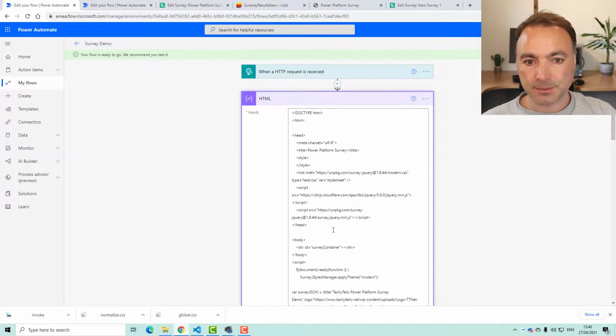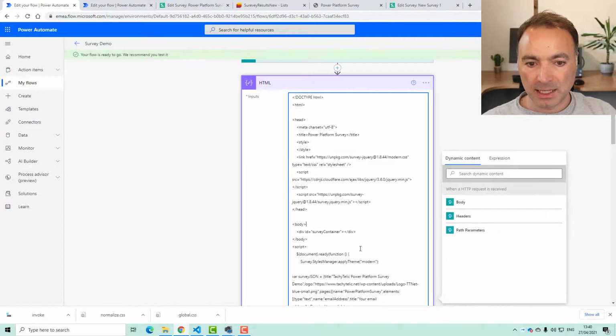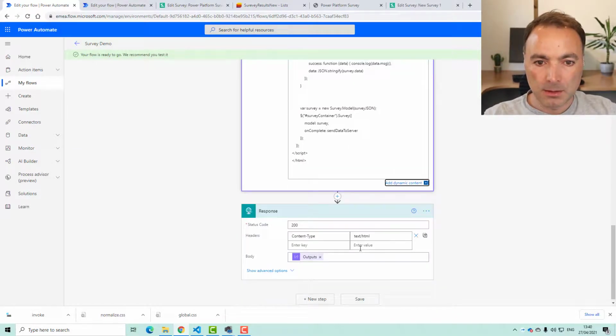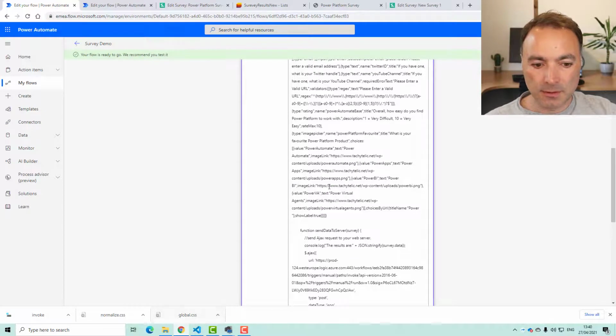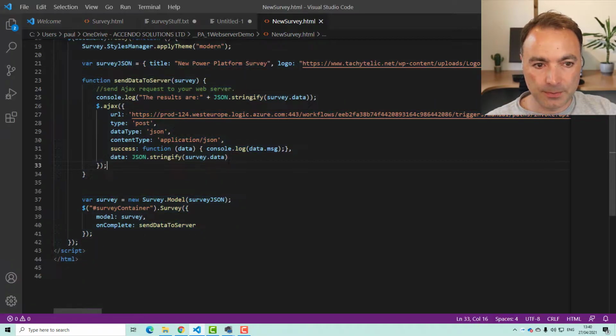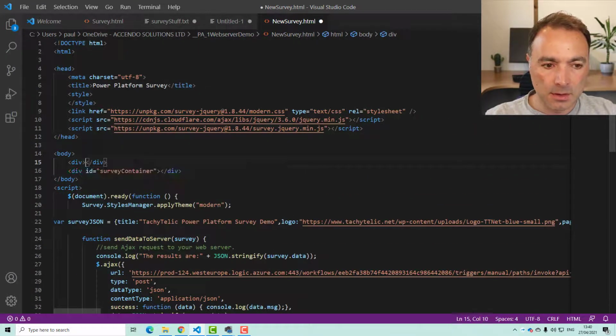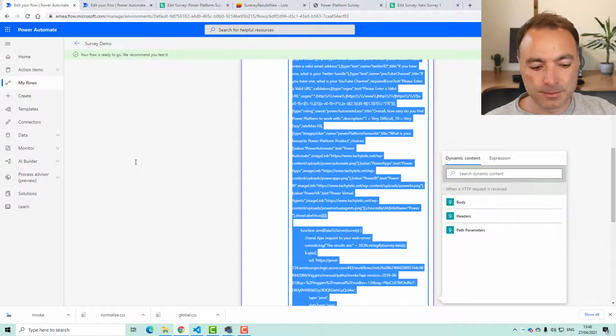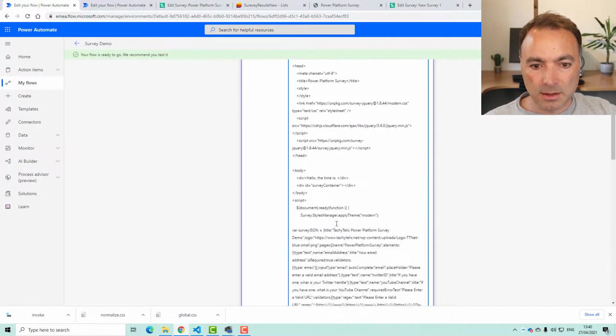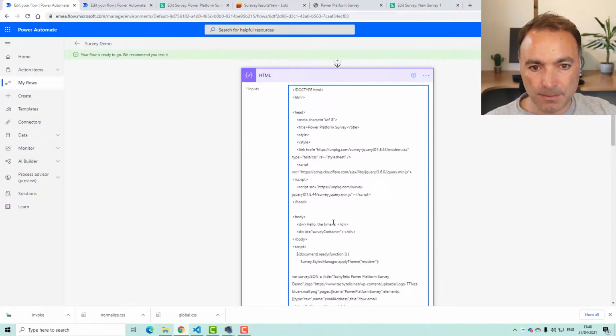Sorry, this one. So for example, when we get down to the body, I'm going to modify it in Visual Studio. When we get down to the body, we could have something like this, and then find that piece.